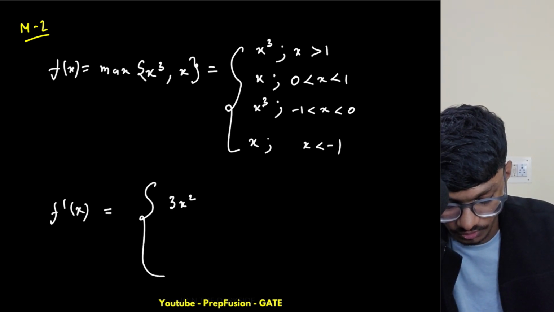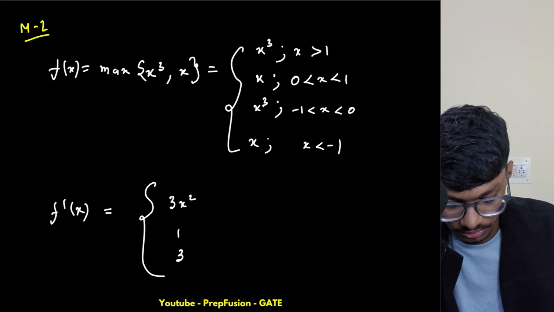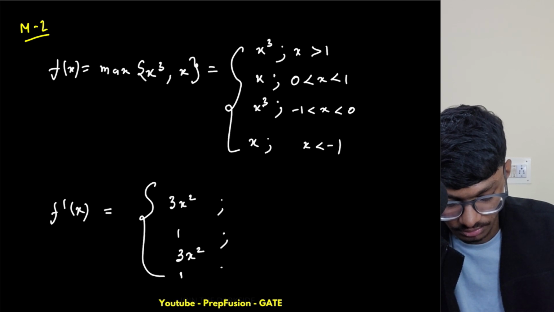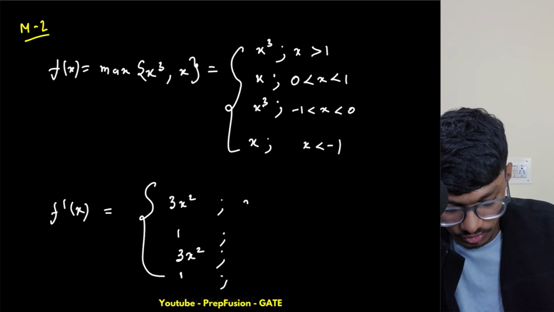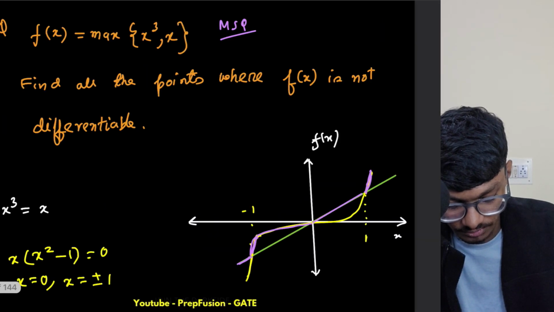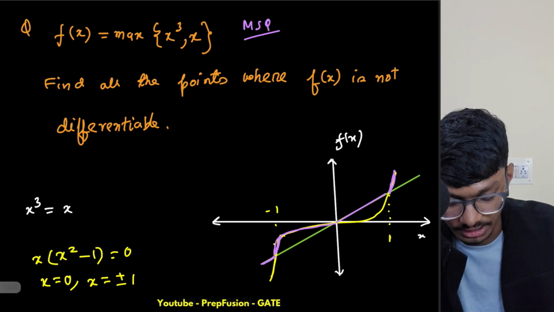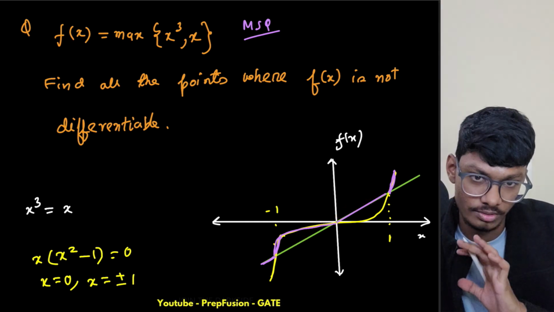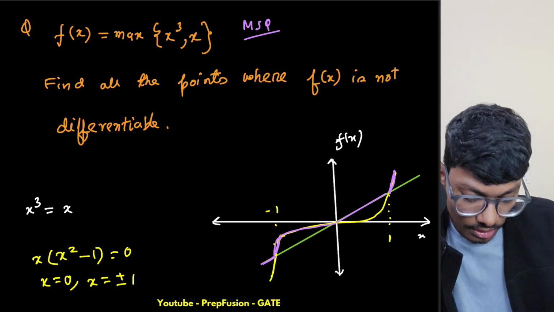This is 3x square, this is 1, this is 3x square, this is 1. This will be for x greater than 1, this will be 0 for x between minus 1 and 1, and this will be for x less than minus 1. Simply from here also you can understand the derivative of the straight line will always be constant, okay, 1, but